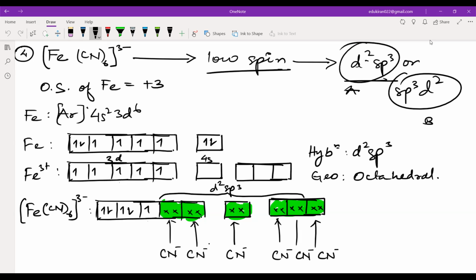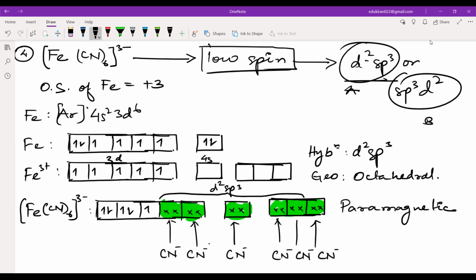And the magnetic nature will be paramagnetic, because there is one unpaired electron. But this is only one, that is why it is low spin. So how do we know if we have to pair the electrons or not? If it is a low spin complex, then see, if you have 5 unpaired electrons, it is a very large number of unpaired electrons, right? That means you have to pair it.